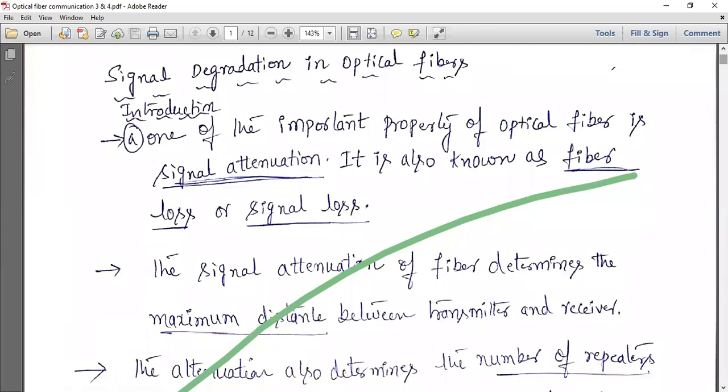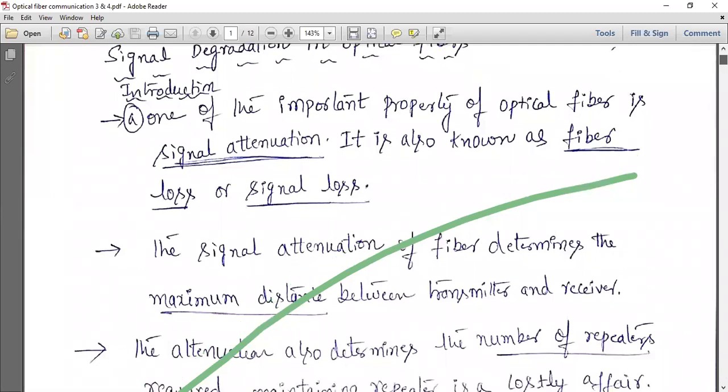Degradation is one of the important parameters. In that degradation, signal attenuation is one kind of thing. Signal attenuation is an important property of an optical fiber. It is also considered as fiber loss or signal loss. So signal attenuation and fiber loss are one and the same. Why do we need to study signal attenuation? So we will be knowing